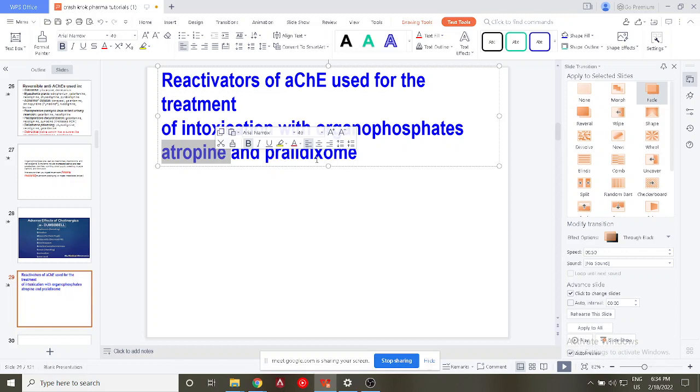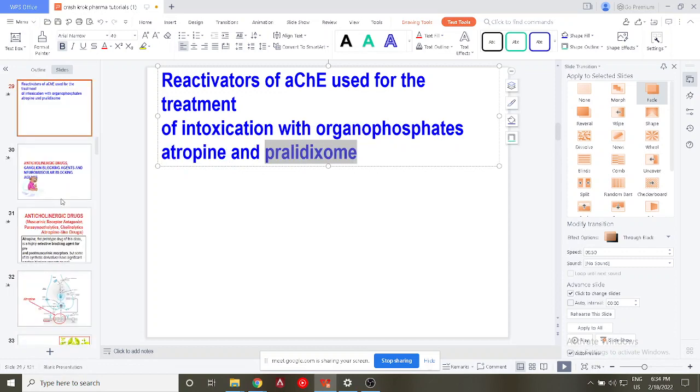And the mechanism of action is antagonism. So atropine is going to block the effect of acetylcholine. Also pralidoxime. So pralidoxime works in the CNS, while atropine works everywhere else. So take note of the treatment of organophosphate poisoning: atropine and pralidoxime. Okay, so moving on, we're going to have